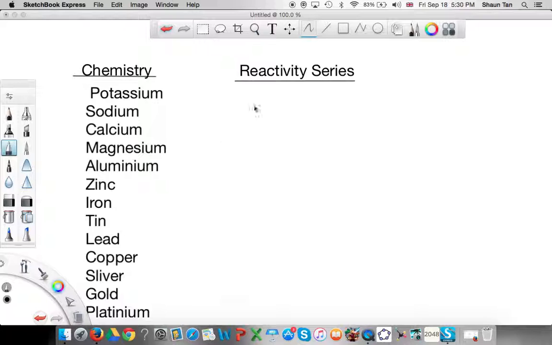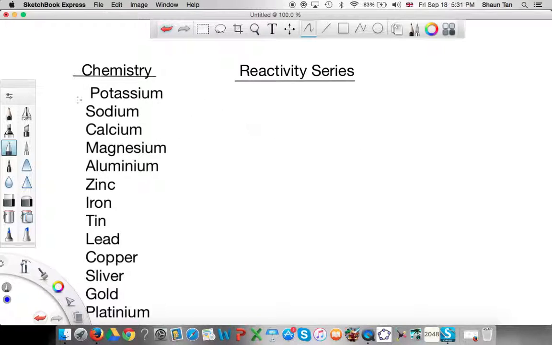Now, the reactivity series is the way that metals are placed in order of reactivity. As you see, potassium is right at the top because it is the most reactive, and platinum and gold are right at the bottom because they are least reactive. Then I will talk a little bit about the background of the reactivity series, and then we'll go and do some examples. So, first of all,